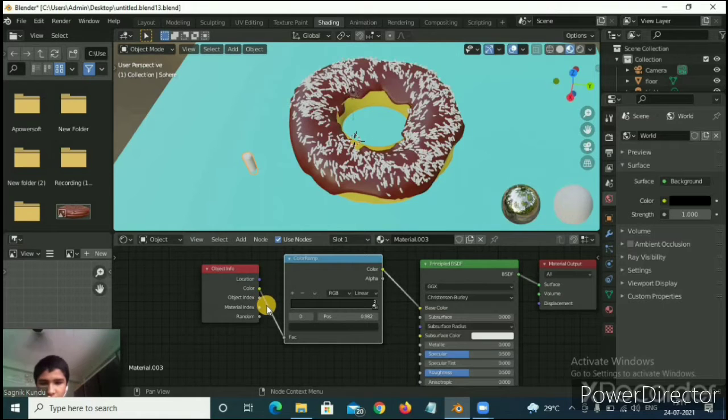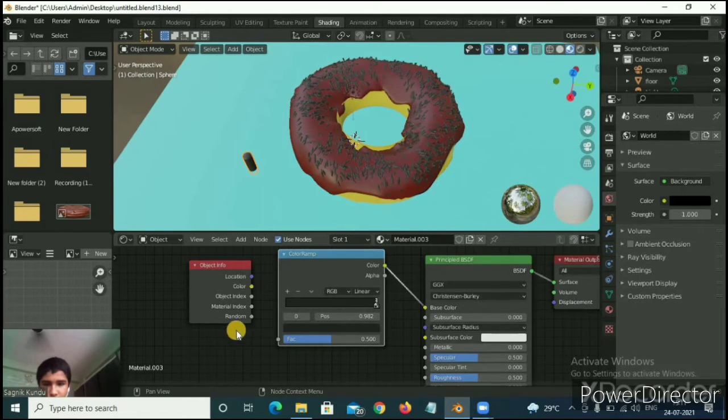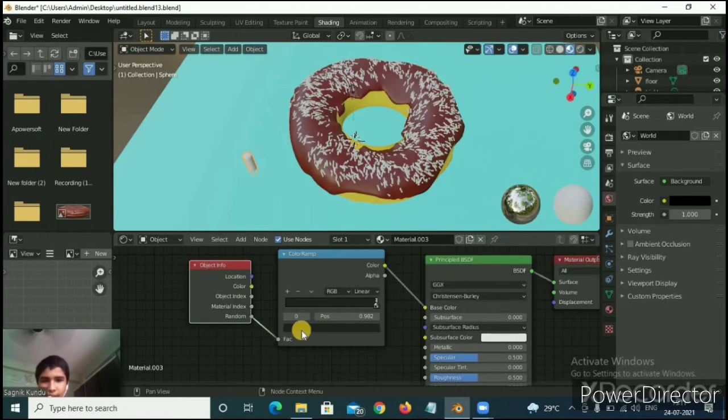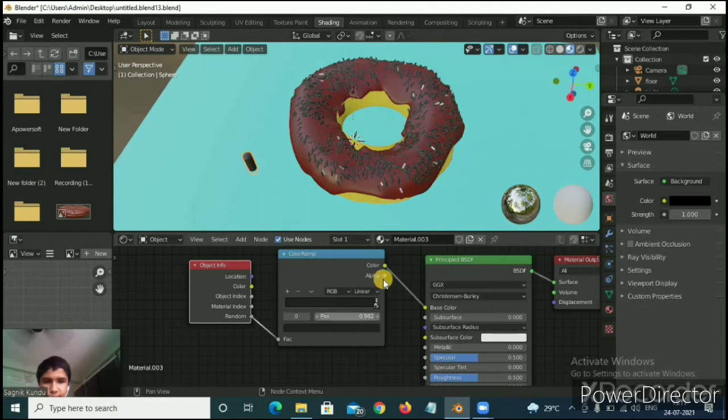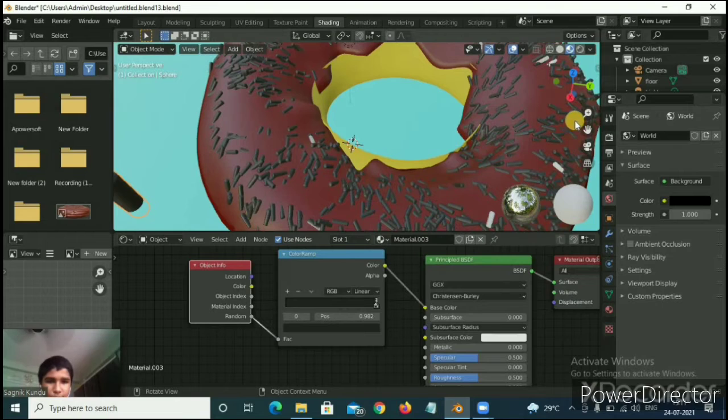No, I have done a mistake here. So what I will do, I will cut the color. I have to bring random. I'll bring it. Then you see that some are white and some are black.